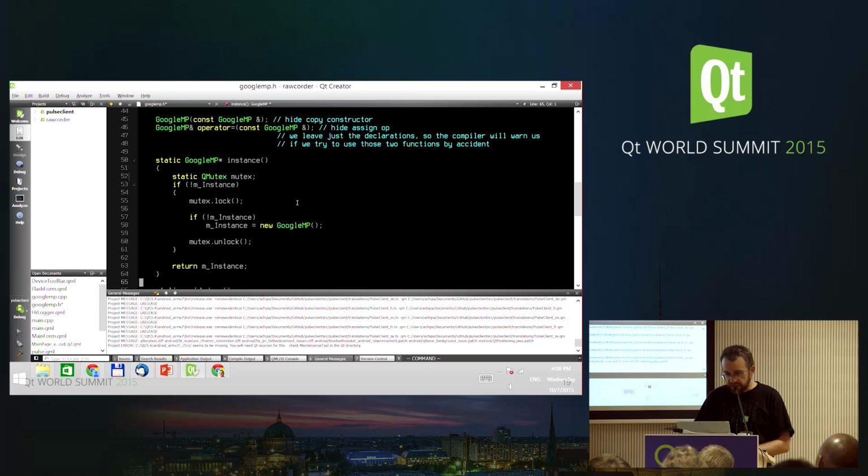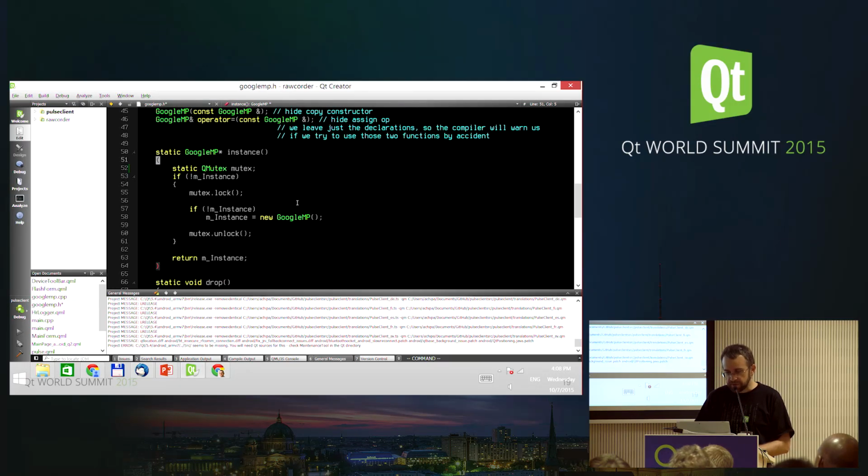This is actually a singleton, so there is some extra magic down here. You shouldn't have this in the H file. I just put it here so that I can show it without switching files. And I guess this mutex locker means that Bo Thorsen will probably punish me with invoices because he said never to use QMutex. Anyhow,